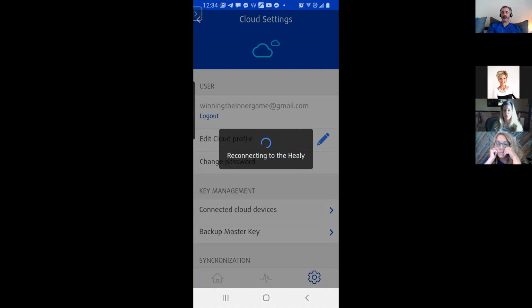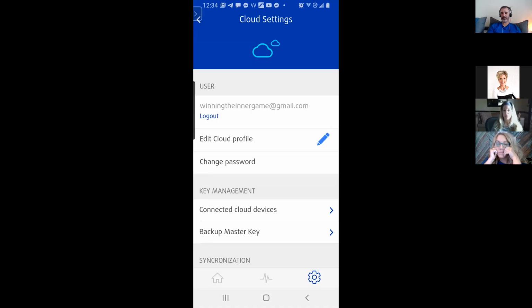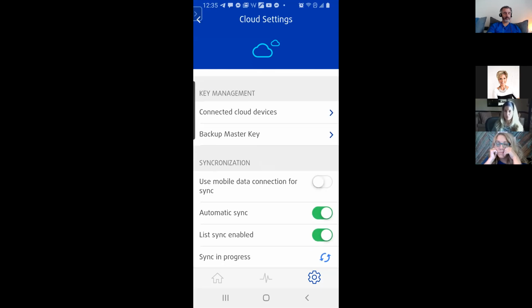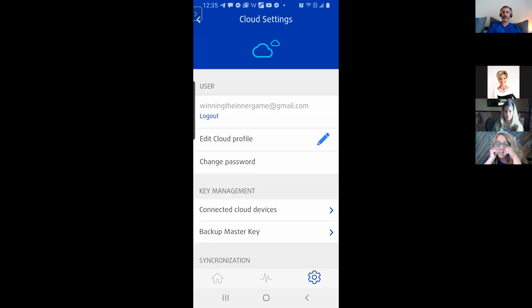Now, if in the future I was trying to find my master key, maybe I lost my device, maybe I had to reset the whole thing, something happened. I'm like, oh, I need my master key again so I can log back into my Healy and get access to all my client information, right? What I can do is go on here and search in my email.